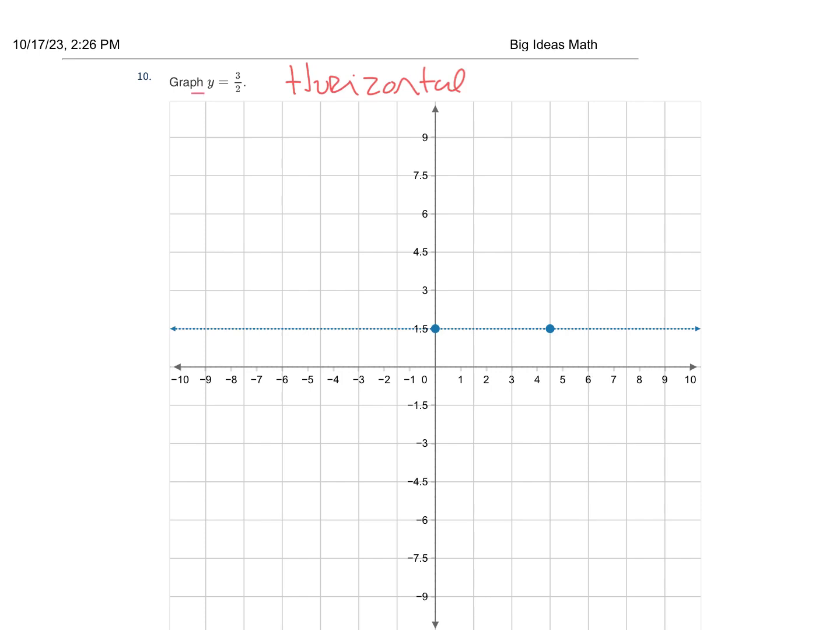And it says to cross the y at 3/2. And 3/2 is the same thing as 1.5, isn't it? So we're going to go to 1.5 on your y-axis and draw your line. And if you'll notice,